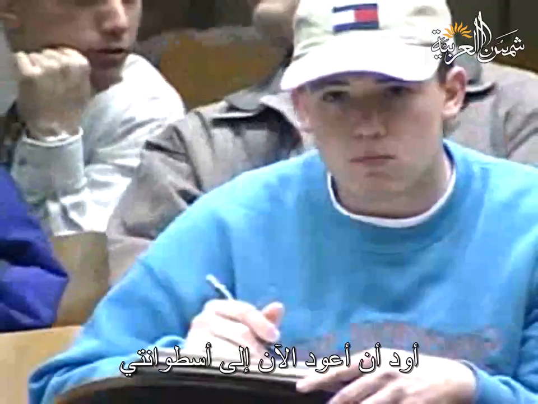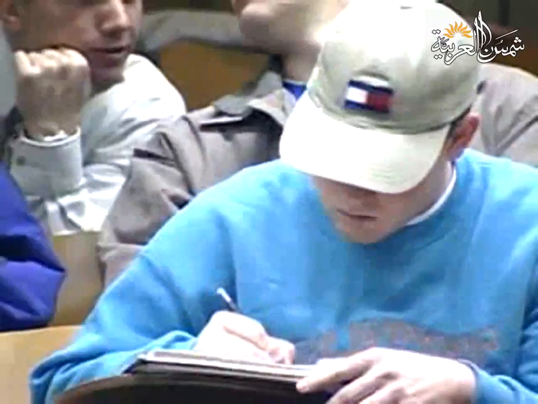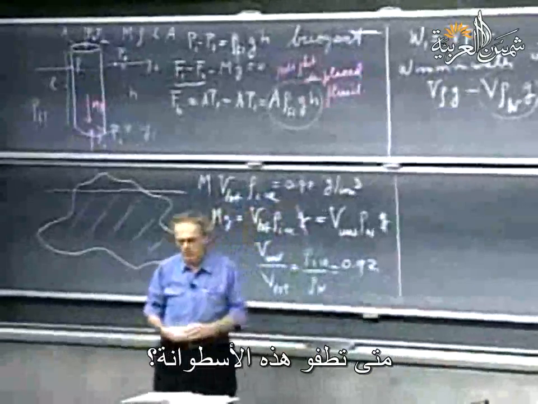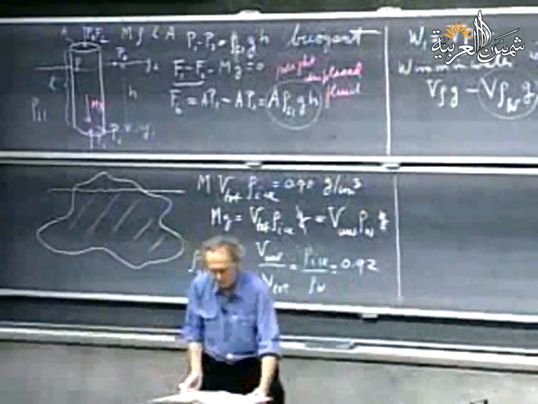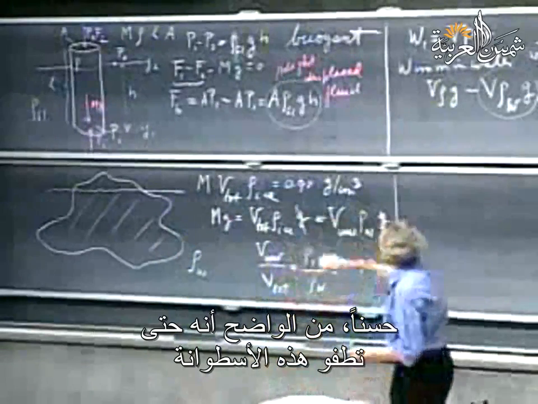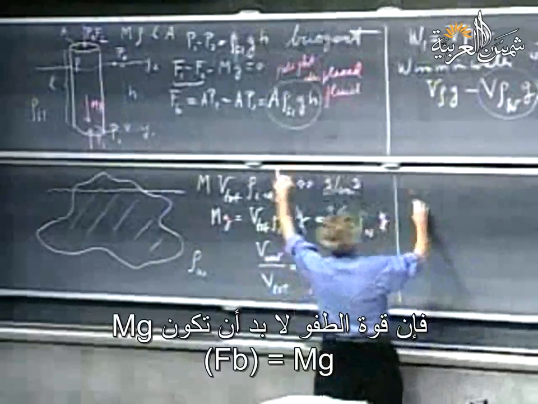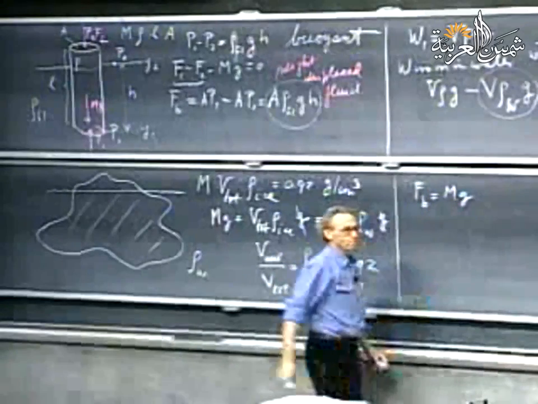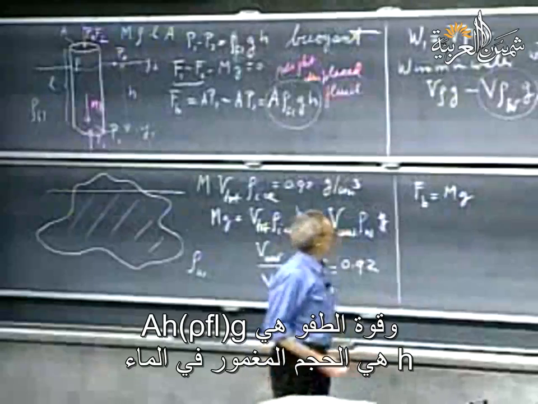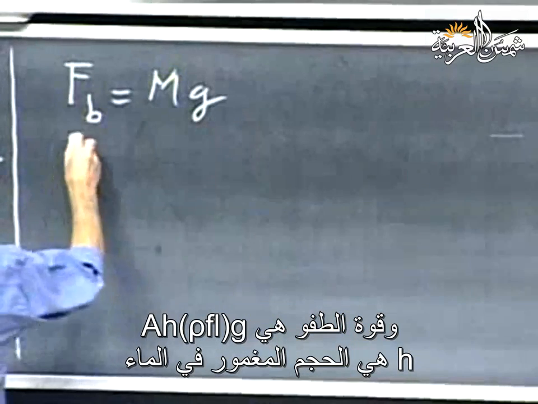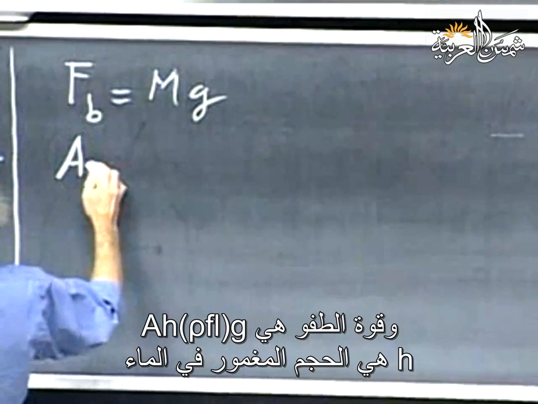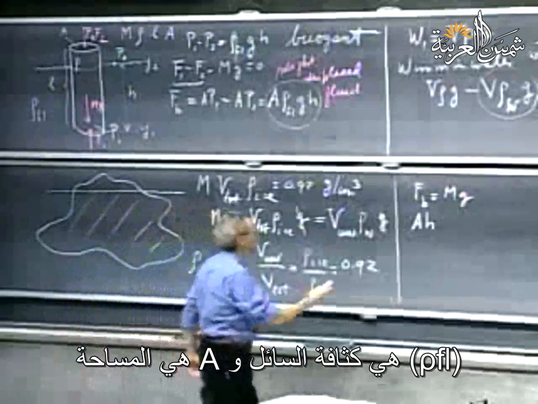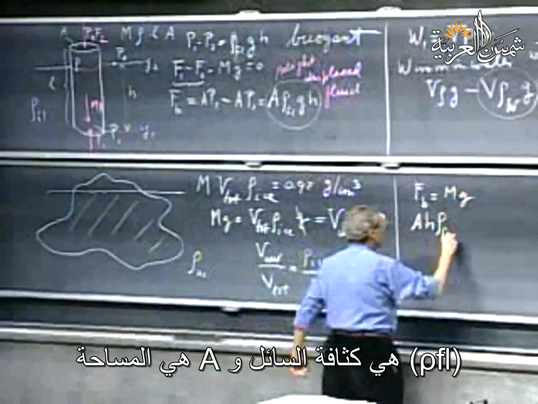I want to return now to my cylinder, and I want to ask myself the question, when does that cylinder float? What is the condition for floating? Well, clearly, for that cylinder to float, the buoyant force must be mg. And the buoyant force is the area times h, that's the volume underwater, multiplied by the density of the fluid, times g,